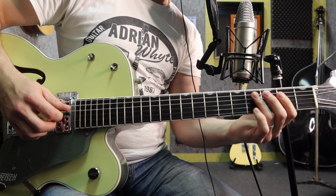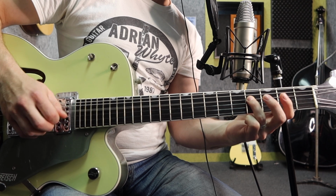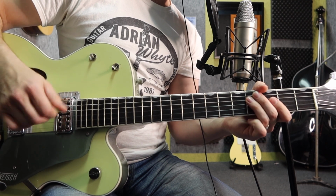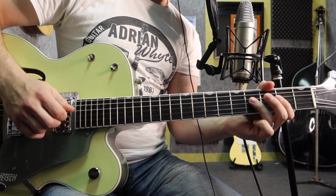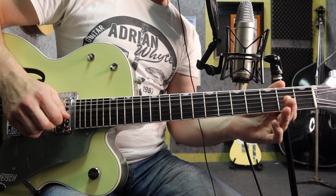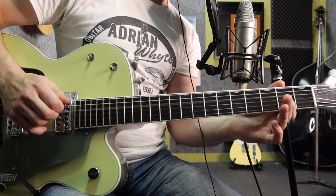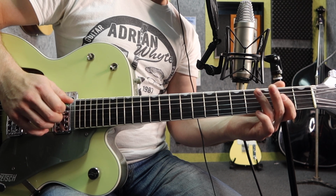Okay, so I'll walk you through that line. We hold 3rd finger there on the 4th fret. And we just pick down, up. Alternate picking, pretty important here. So down, up, down, up, down. Then go to the 2nd fret. Then open string. Okay, down, up, and then we go open on the 5th string, down on the 4th fret,